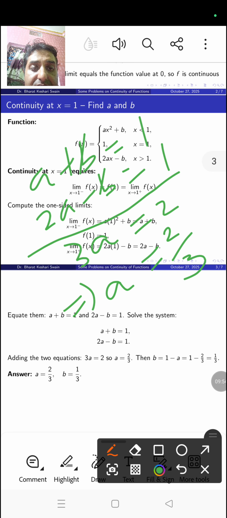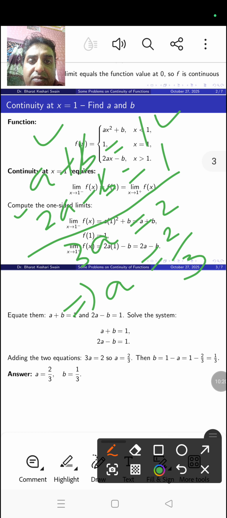Okay, so how did we get it? Because the function was continuous. And for continuity, your limiting value must be equal to functional value. Further, for the limiting value, your left hand limit must be equal to right hand limit. So this is your right hand limit, and the left hand limit is equal to functional value. Right hand limit is also equal to functional value. So that's why we have got two equations,